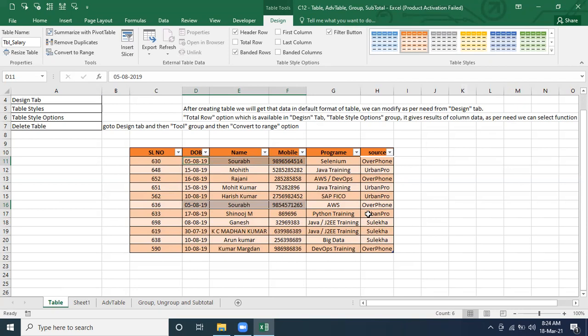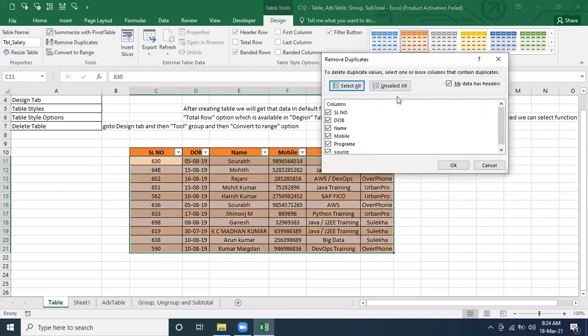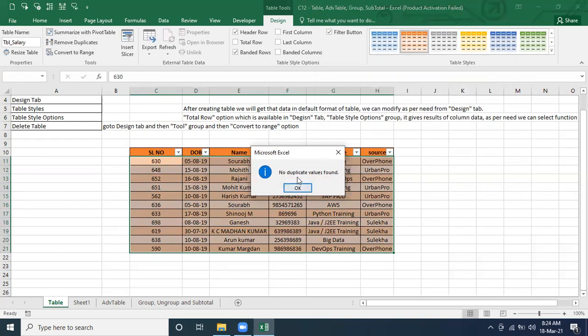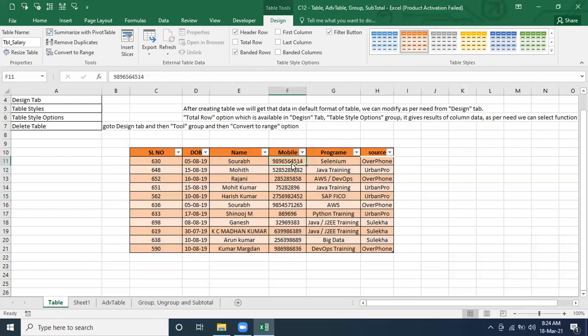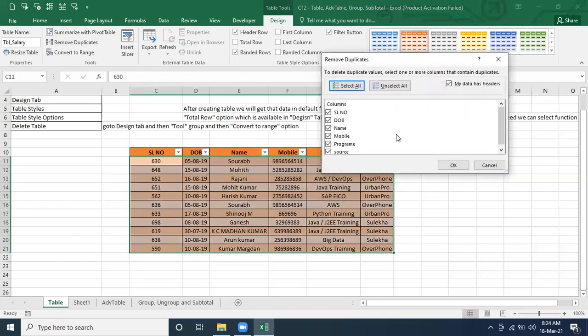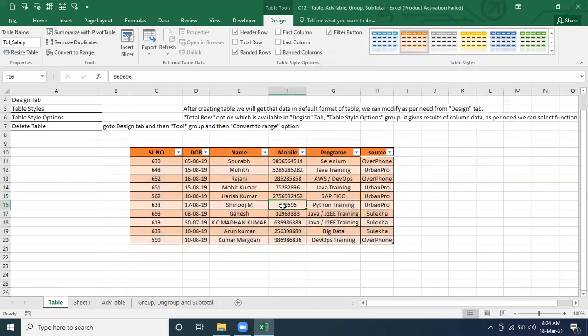Different one. If you are going to identify duplicates with three records, it will check those three, and if they match we can say whether it's a duplicate or not. So DOB, name and mobile number. If the mobile numbers are also the same, then we can say okay, this person's records are duplicate, and then it's going to remove them. Hope it's clear, right? You see, one duplicate record was found and got removed now.